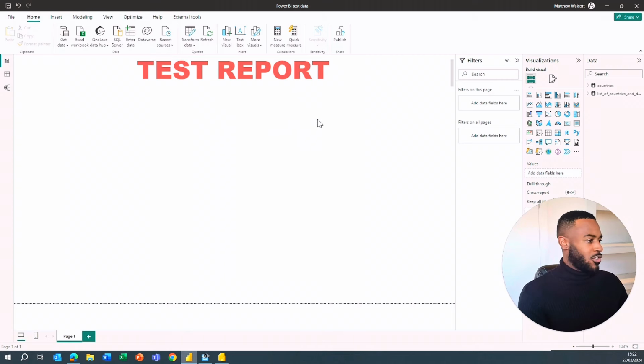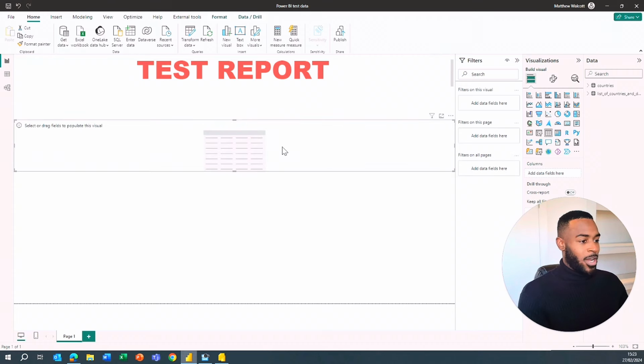If we head back across to our visualizations, you can see here it says build visual, which is where we can add data to our visual. And here we can format the report page. We'll start first with adding data to our visual. First we'll pick a visual, and I always like to start with the easiest one and the easiest way to display the data, in my opinion, which is a table. So let's click on this table button here, and Power BI has pulled in a table visual